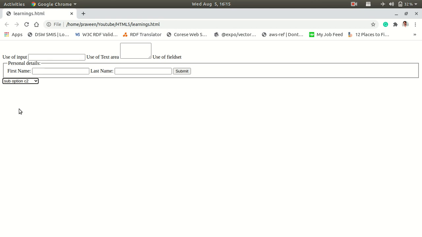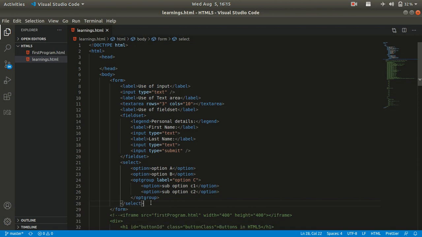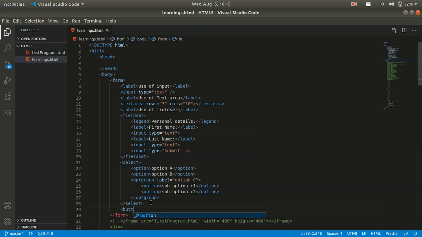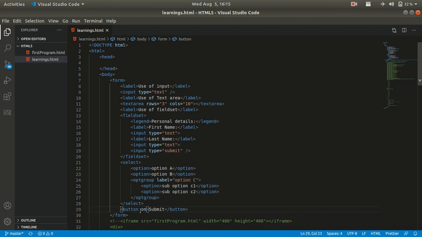Nice. We have discussed all the form elements. Now, there are also other form elements like button. A button can be used to submit the form. Understood? JavaScript functions can be used under button, like onclick functions, right. HTML5 functions, right. The next form element you're going to use is